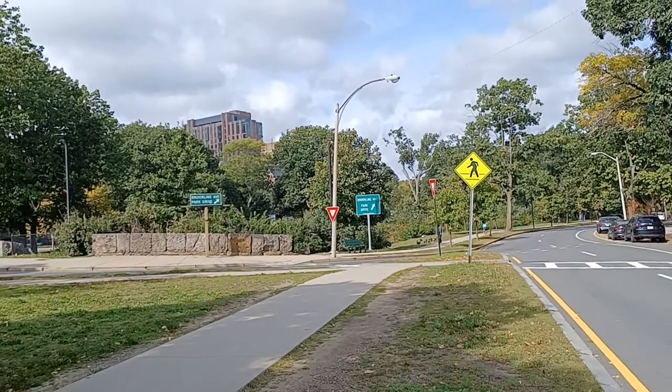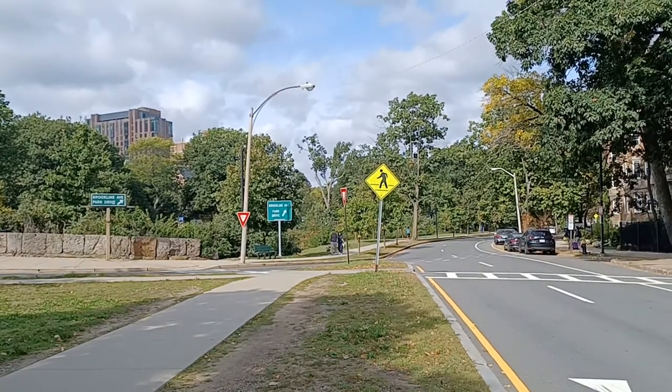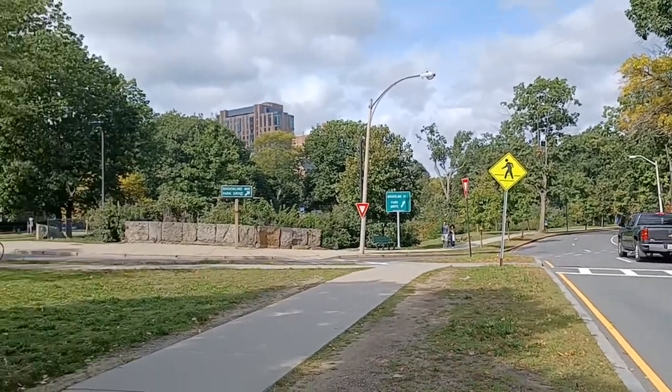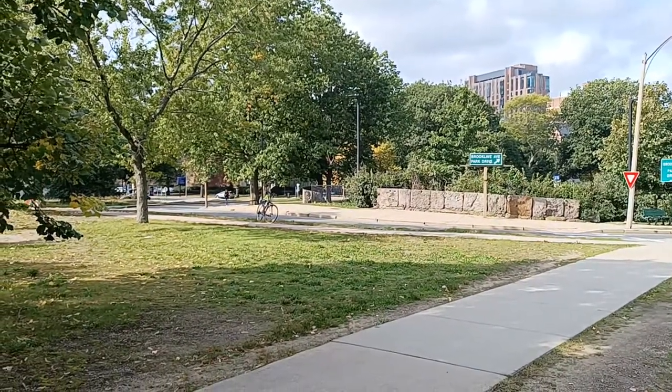Another intersection to keep in mind is the one that's kind of diagonal from where I am. Right, I believe that's